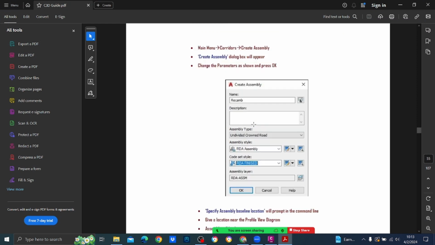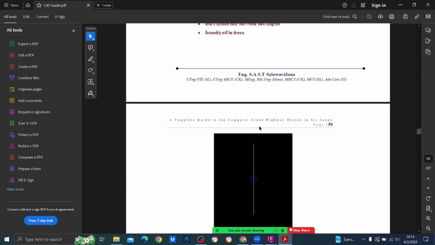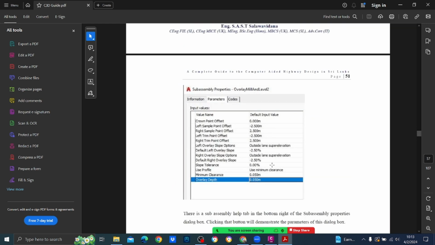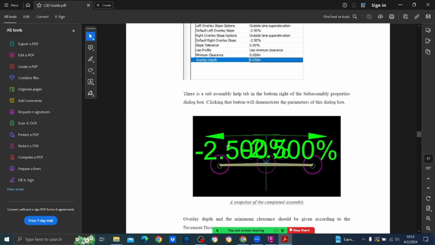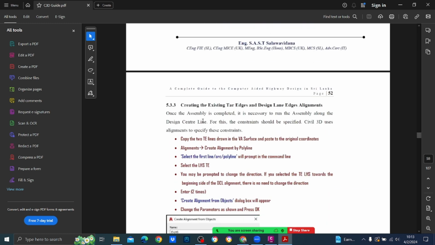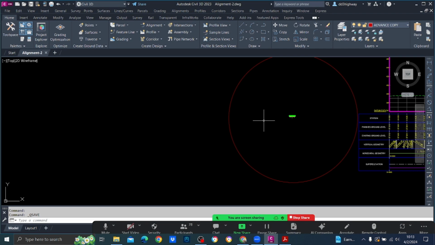Now we did this creating the recambering assembly. We created this one, and then we gave these things and then we created the assembly. Then we are going to create the existing tie edges and design lane edges alignments. Okay, so for that,